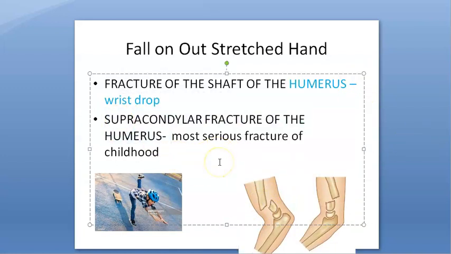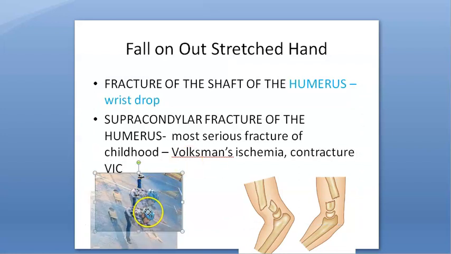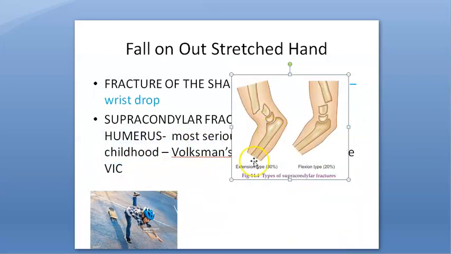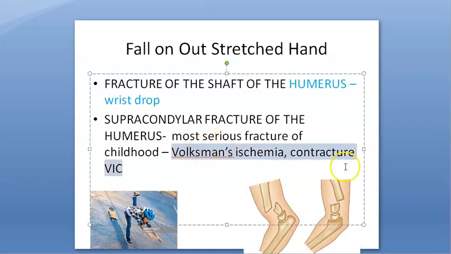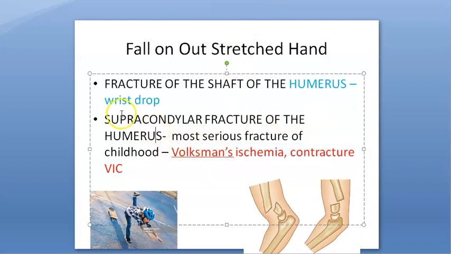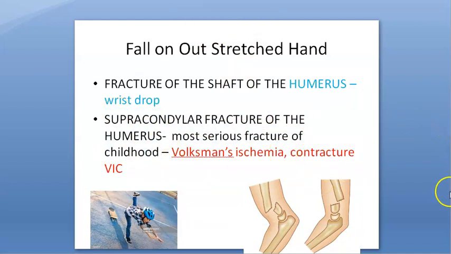Most serious fracture in childhood. Basically, this can lead to Volkmann ischemia because brachial artery can get crushed, and this can further lead to Volkmann ischemic contracture. VIC it is called. That is why it is a very serious fracture. So it can have so many displacements like this that they have shown, and this is what you have to write in the exam. Volkmann ischemic contracture, etc. Separately on this topic we have a video, you can watch that.